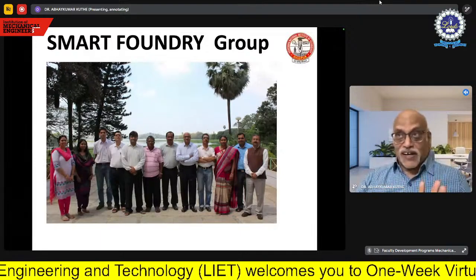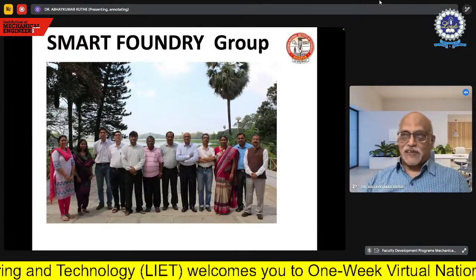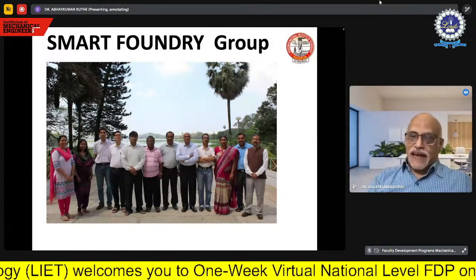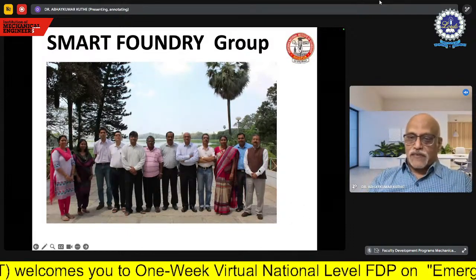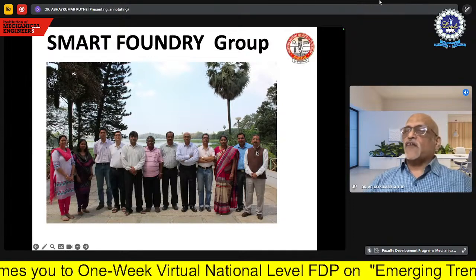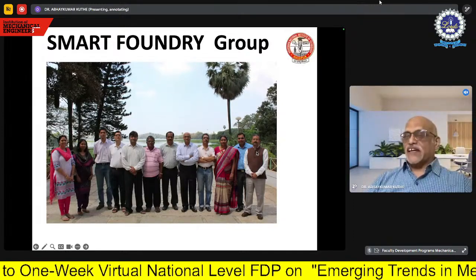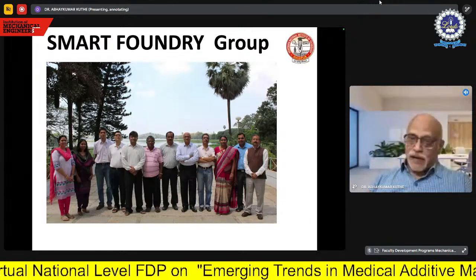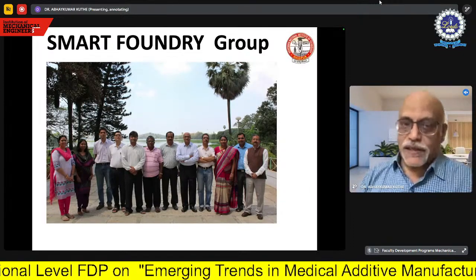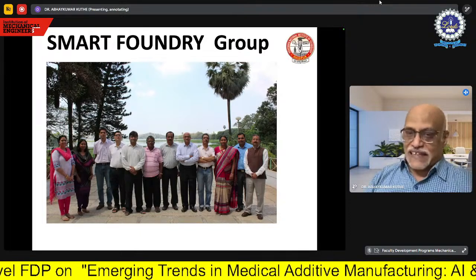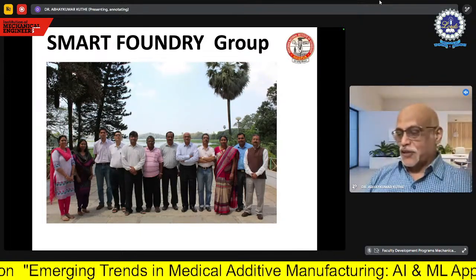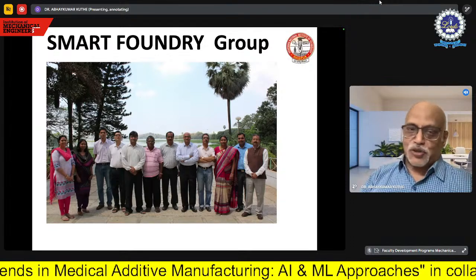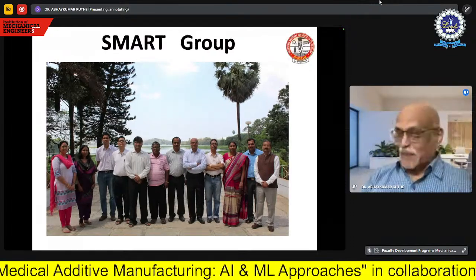Now, smart is not just the English word here, and I'll show you the long form of that soon. But I'm happy to tell you that at this end, where you can see my cursor, Professor B. Ravi of IIT Bombay is the person who has actually developed this particular concept. And he asked all of us to come together and develop this concept of smart foundry. What exactly it is, I'm going to show you quickly. We also call it a smart group.